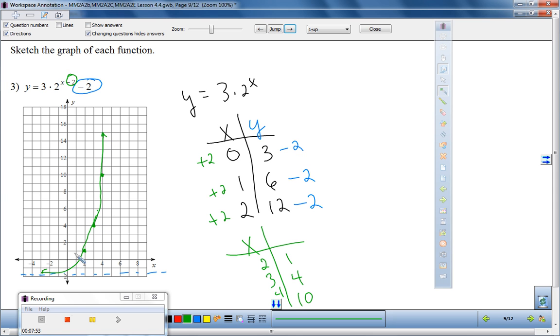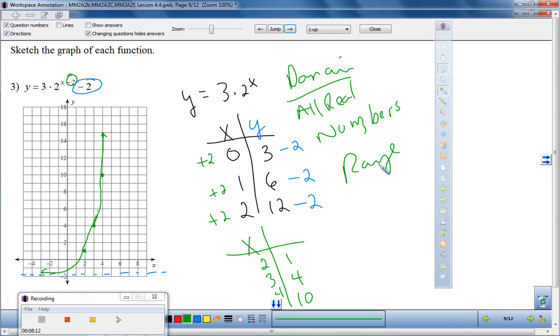Still not exactly right, but you get the idea that we're going up exponentially over here. Okay, and so that would be our graph. The domain would still be all real numbers. And then our range, okay, y has to be greater than